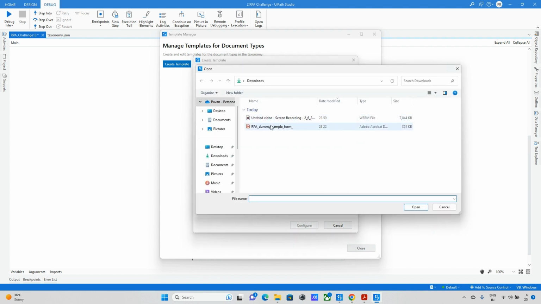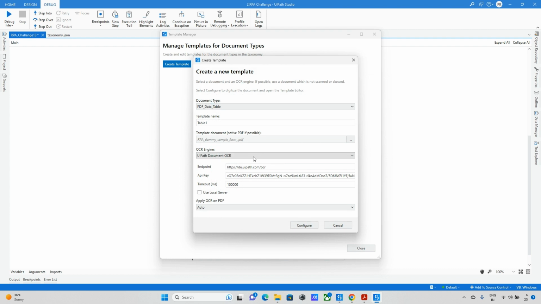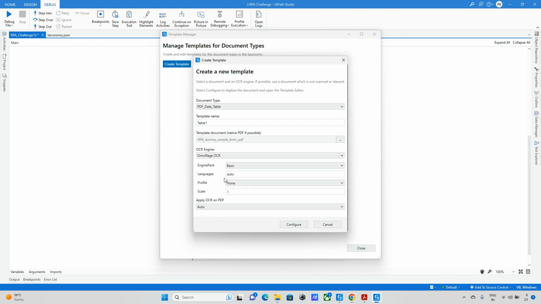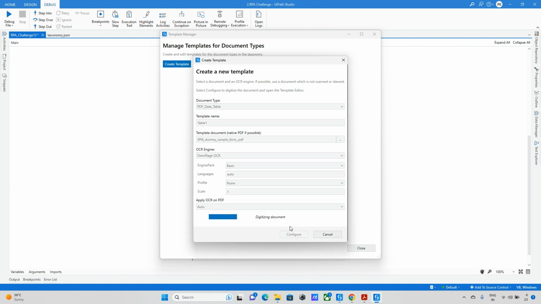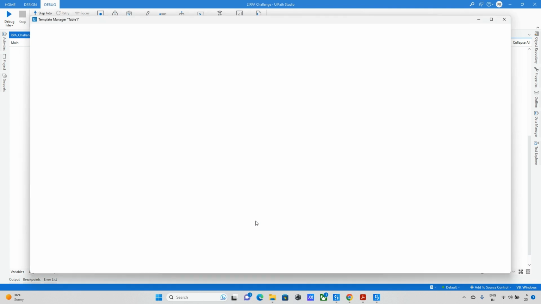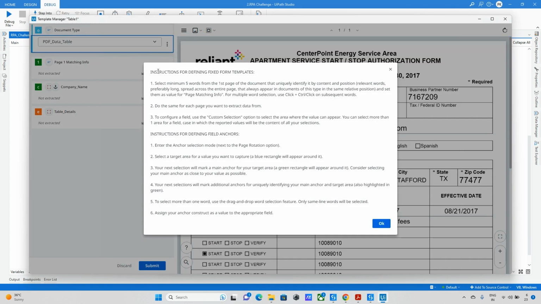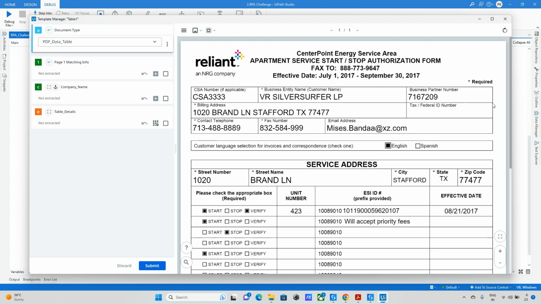And I need to select the document. So this is my document, RPA sample form. And later here I'm using the Omni OCR package, no? So I will use the same Omni OCR, and you can keep it as automatic and just click on configure. So it will take some time, and once this is done, you will reach this page, and here page match